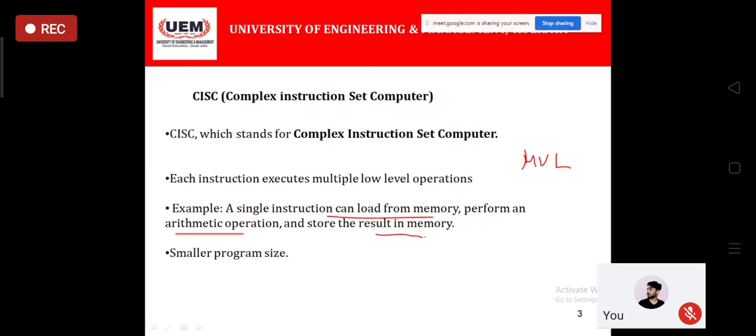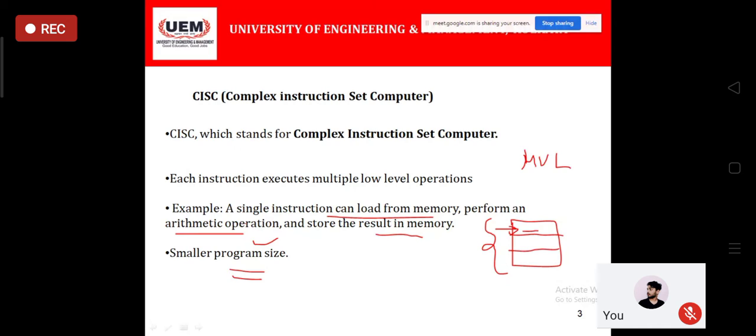It is going to be a complicated one. And you know that if one instruction is going to do multiple operations, we are not using too many instructions. So the program size is going to be smaller. Because if one instruction does multiple things, loading, storing and all those things, we do not require separate load, store, increment, decrement instructions. So previously, using some complex hardware architecture, these were implemented.